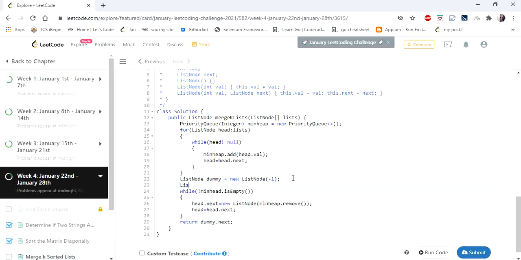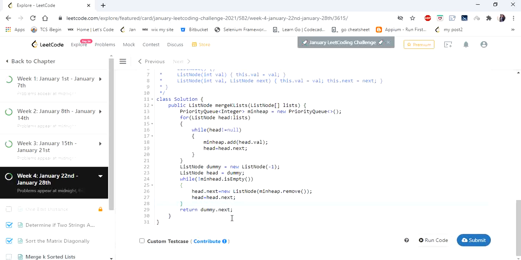I'm going to assign a new list node to dummy to point to the header of dummy, so that we just return it here. Every time we remove a value, we add it to head, then move the head list node and return the value.